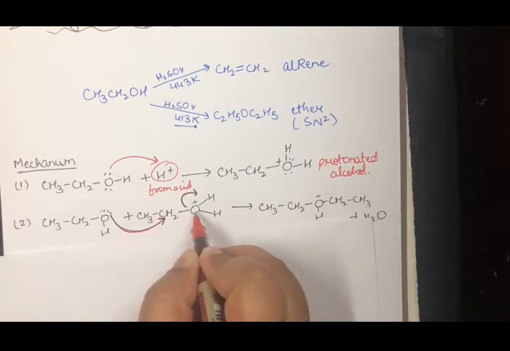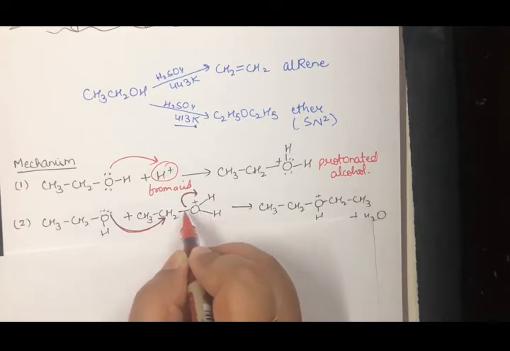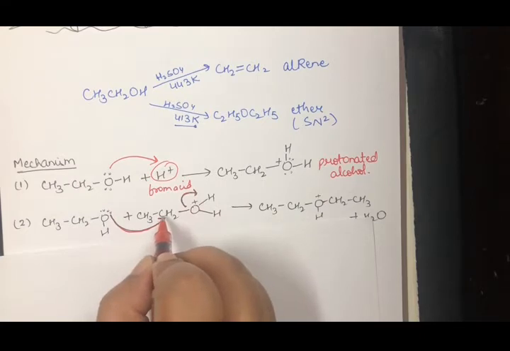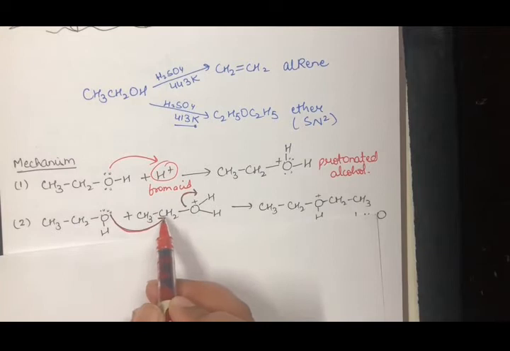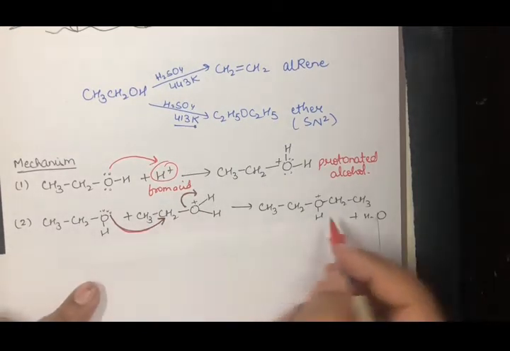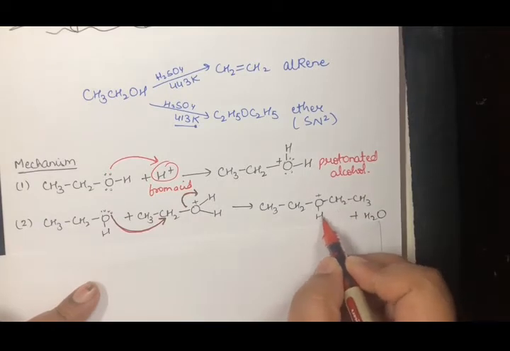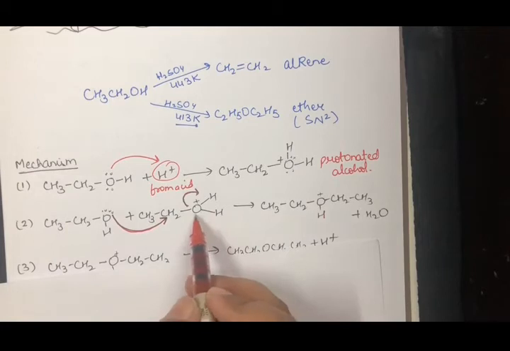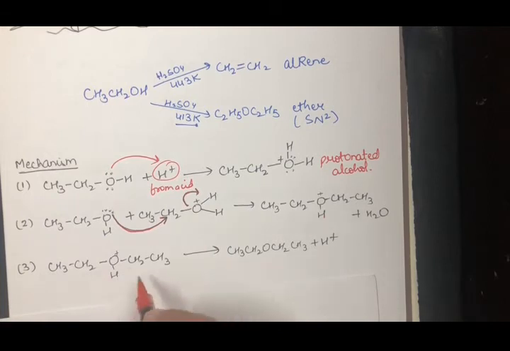Oxygen is highly electronegative and it is having a positive charge. So this molecule will leave and this carbon will get a positive charge. And for this positive charge, this lone pair will go and attack from here, right? So what will I end up getting? I will get an ether which has an extra proton attached at the oxygen, along with the water that was left from here.